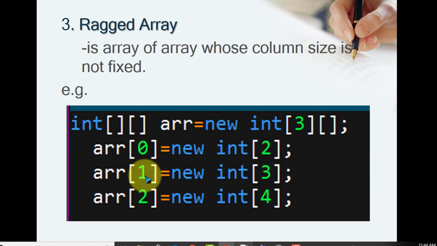The second row is another array of 3 elements, and the third row is another array of 4 elements. So the number of elements in each row is different. This is known as a ragged array. You can iterate it because arrays are objects, and that's why the property available for an array is the length property. I will show you that.